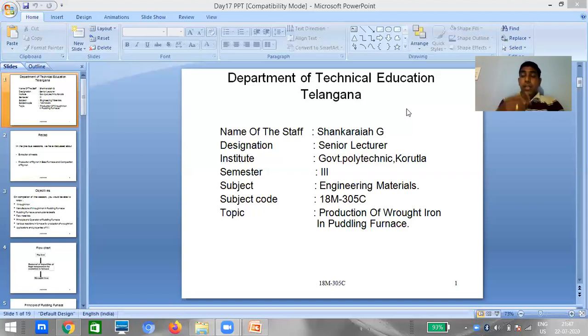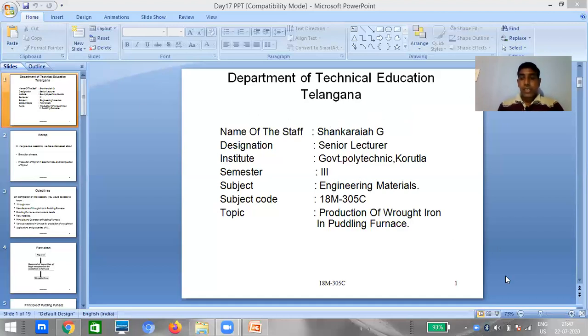And what are the products of a blast furnace? So what are the general main products of a blast furnace? What is the main product? That is pig iron. Along with pig iron, we are having hot furnace gases which are used for heating applications, and we are having slag which can be used in the brick manufacturing industry or cement industry. We can use this slag. So these things we have studied in the previous session.